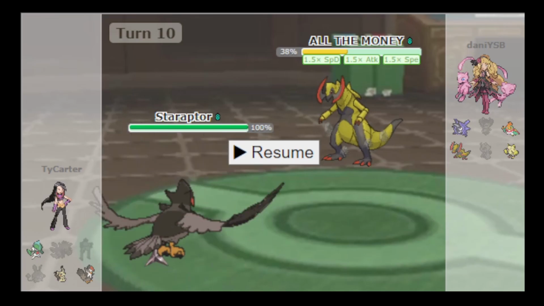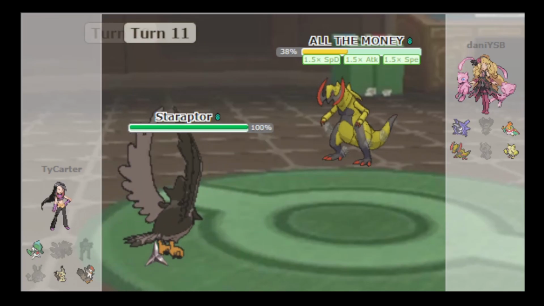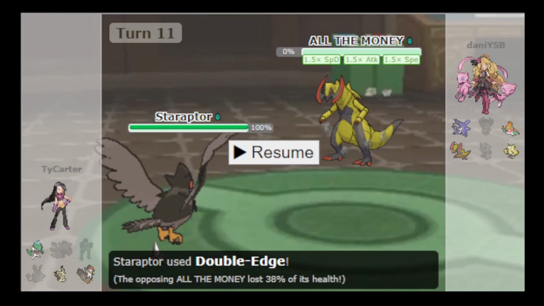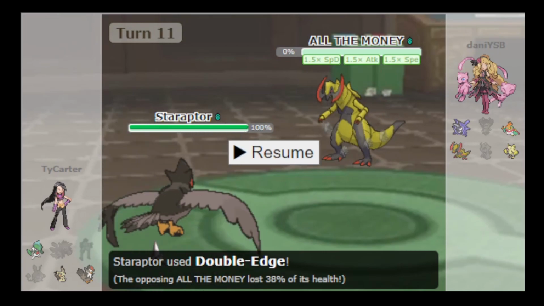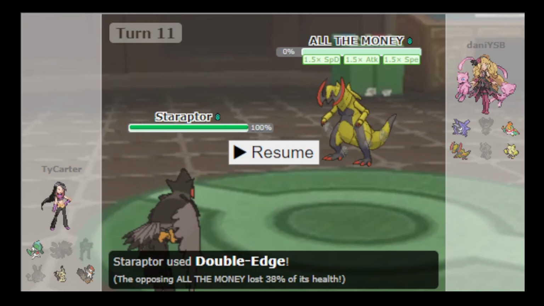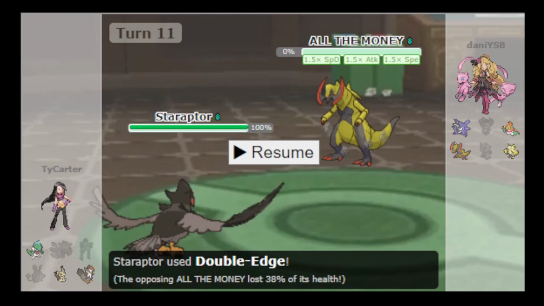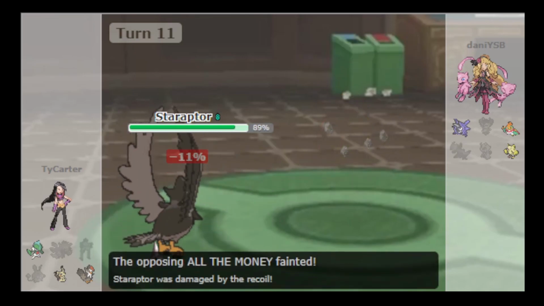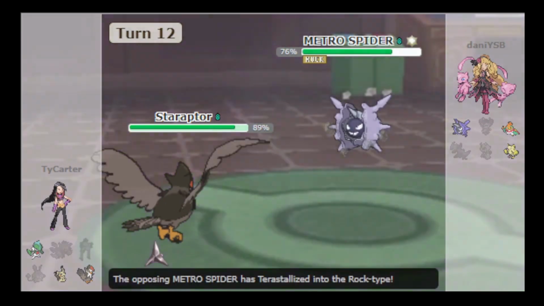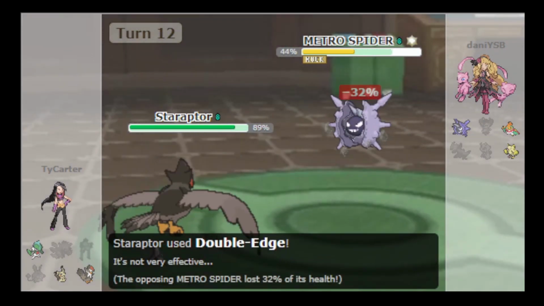My Staraptor is Jolly, so I'm able to actually revenge kill. I go for Double-Edge here because I know that Hawlucha is very frail. I don't want to go into Brave Bird because Oricorio resists my Brave Bird and it could kill me. Anyway, so there's that, and he goes into Cloyster, he sets up Rocks, he goes into Tera Rock, which is fine,